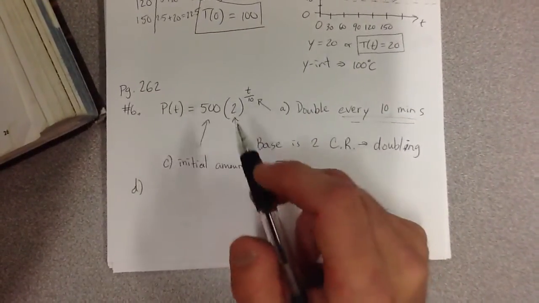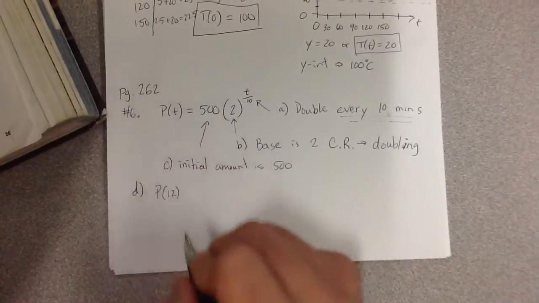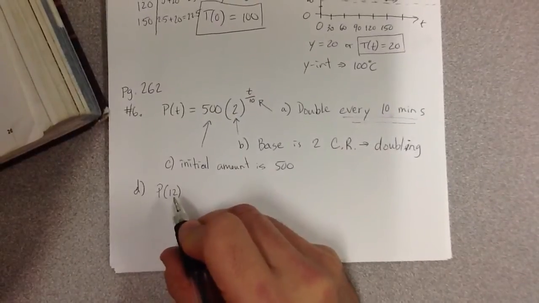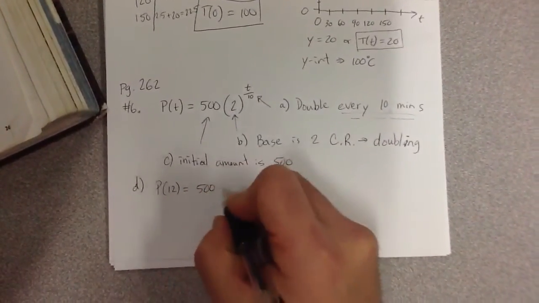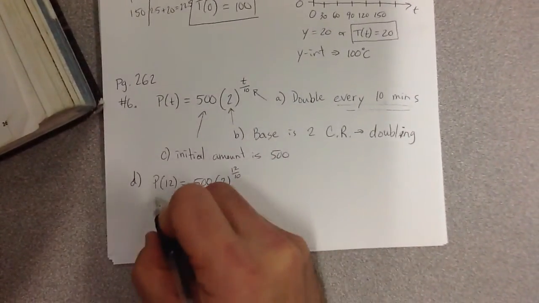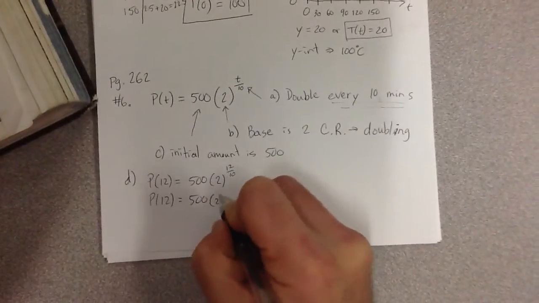Well, midnight is 12 hours later, so I'm going to plug in population 12 hours later. I'm not plugging in 12 because that's the time. That's the time after the initial. It's 12 hours later, so this is 500 times 2 to the power of 12 over 10. So P at 12 is equal to 500 times 2 to the power of,